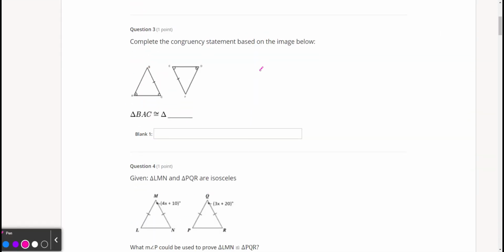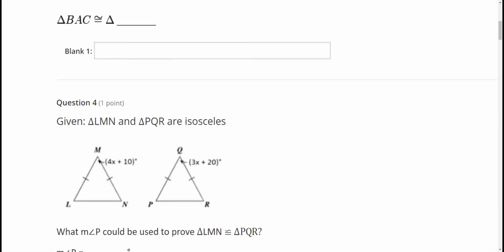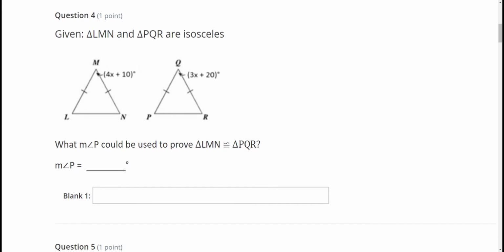Complete the congruency statement based on the image below. So the trick here is to look at the loops. Question 4. Okay, so this is a really good one, and it's hard. So if I'm looking for the measure of P,